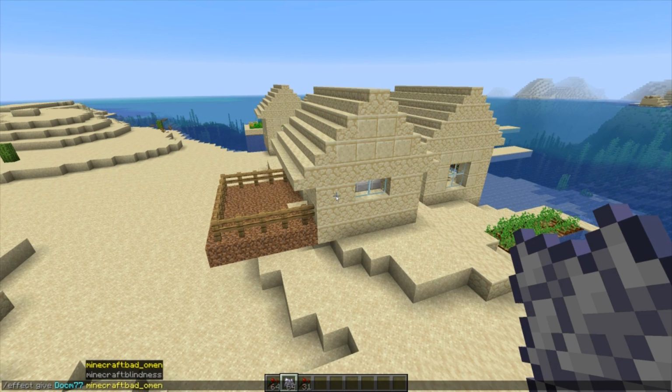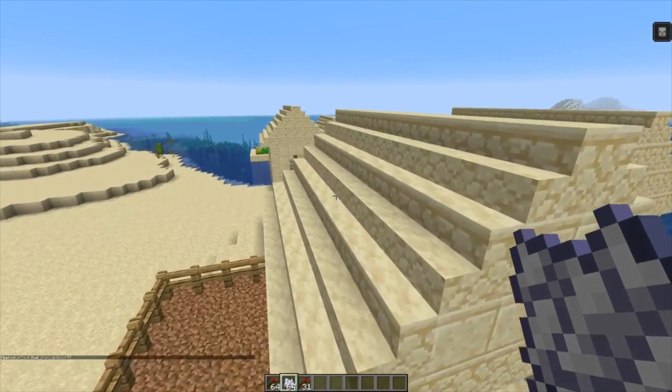And we are back here in a single player world. As you saw, triggering the raid in this village just crashed the server and it's not coming back up. So now let's do it again. This time...